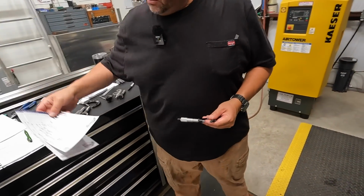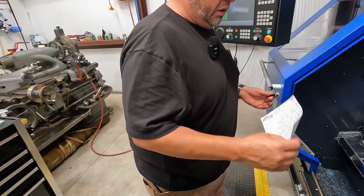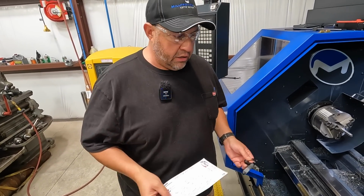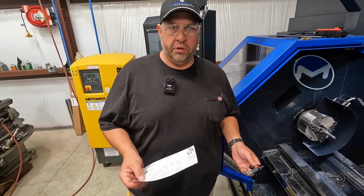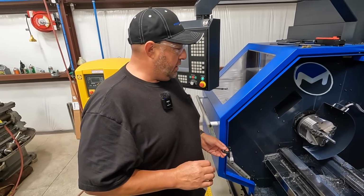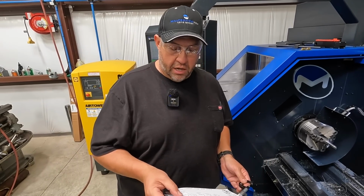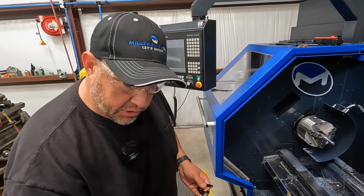I've got my print right here. What I was really worried about, and one of the things that I'm trying to learn, is that I do a lot of bearing journals with a lot of different parts. And so with bearing journals, you usually gotta be within about a half a thousandth, or even less. So I was really anxious to get over here and see how close we could get these parts turned to an actual finished dimension that I want. So I'm gonna just put that right there